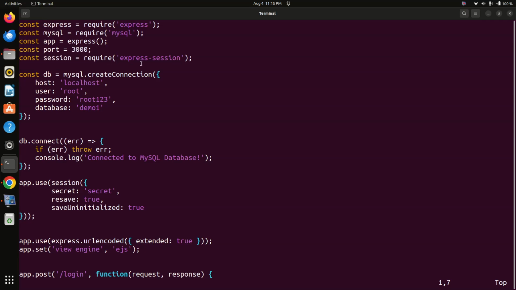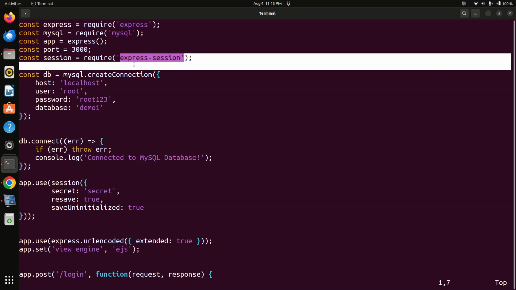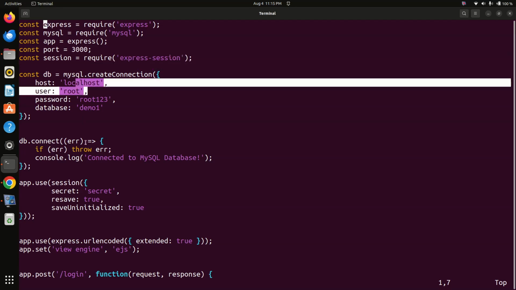Session management: since we are interacting with the MySQL database, and for username and password, that's why Express session is required. Connection string, then this session,